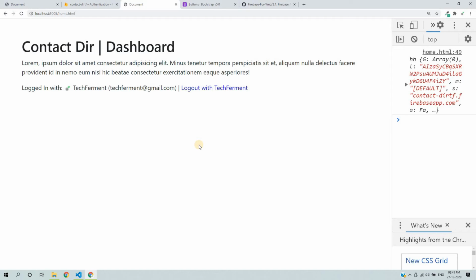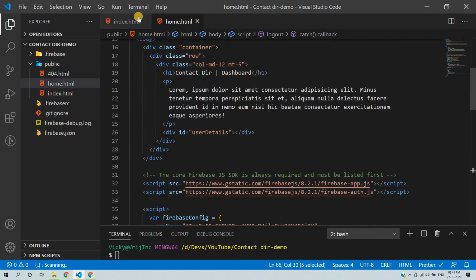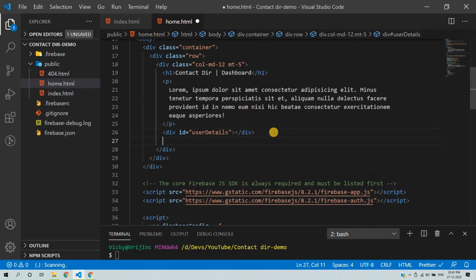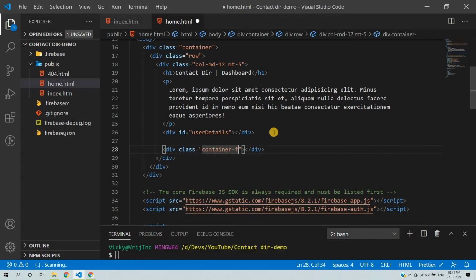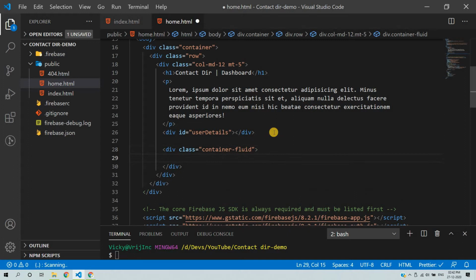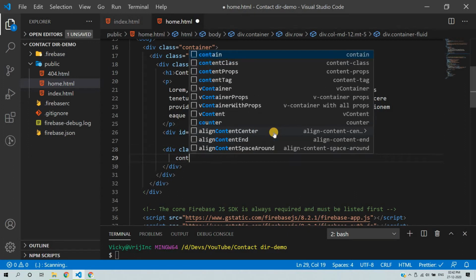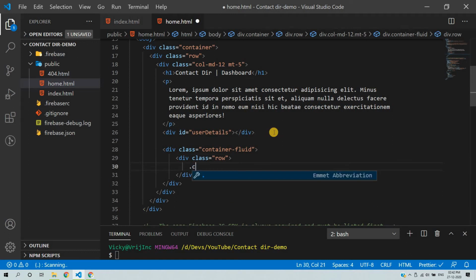So right now we will add a functionality for Cloud Firestore. We will create a form where we can have fields like name and contact number, and there is a button like add data, and we will add this data into Cloud Firestore. So first in the home.html, we will create a div element where we can add a class like container. We can add a container-fluid. We can do the nesting in the grid system, and then we can add a row class, and then we can add a column of maybe four columns.